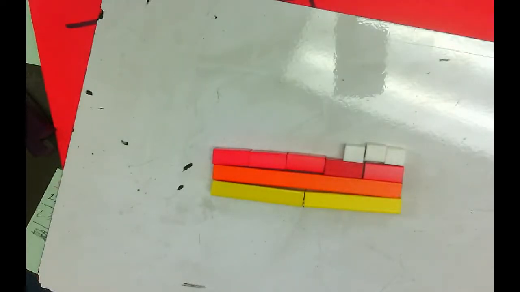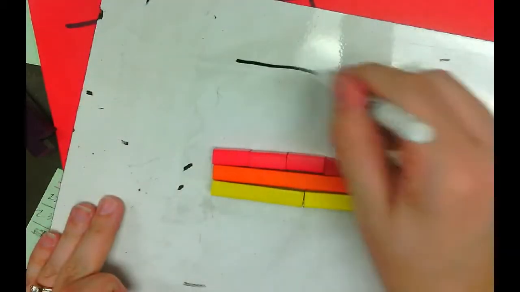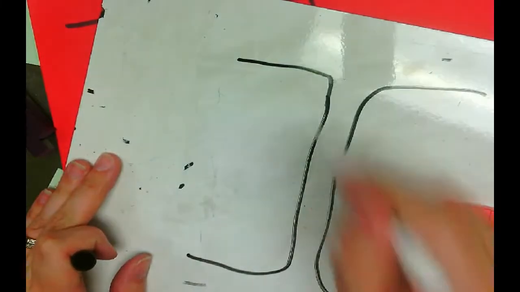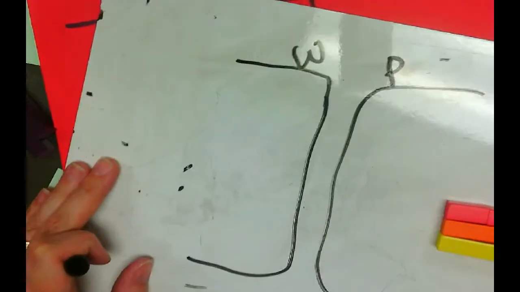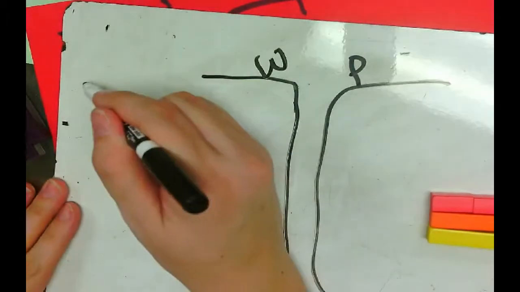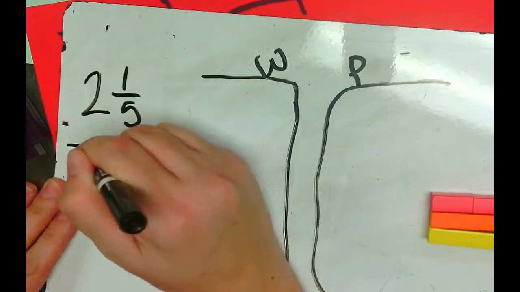So we're going to solve a problem now. First, I want us to make sure we do our wholes and our parts again. We're going to put our wholes with our wholes and our parts with our parts. I'm going to keep a common denominator for right now. I'm going to do 2 1/5 minus